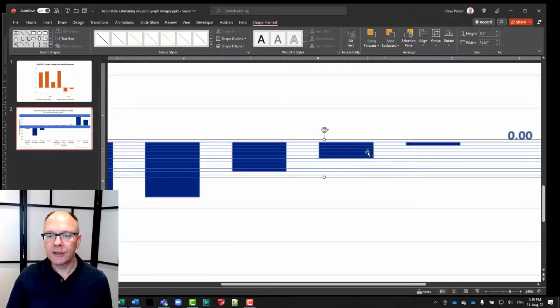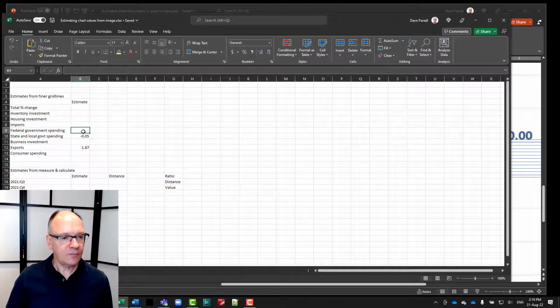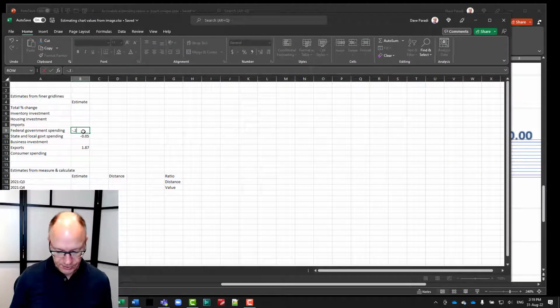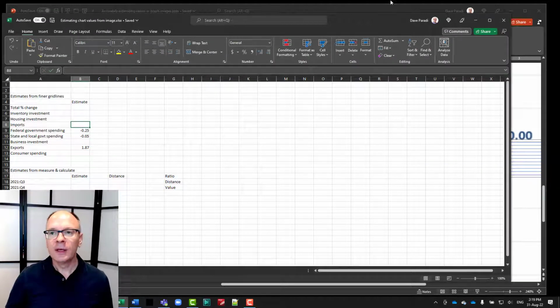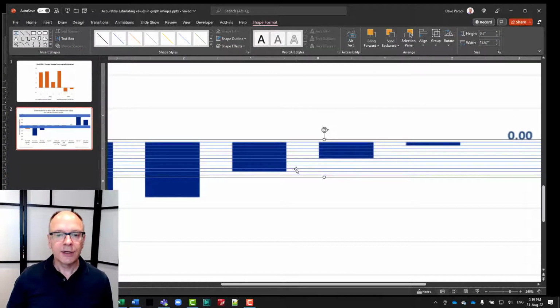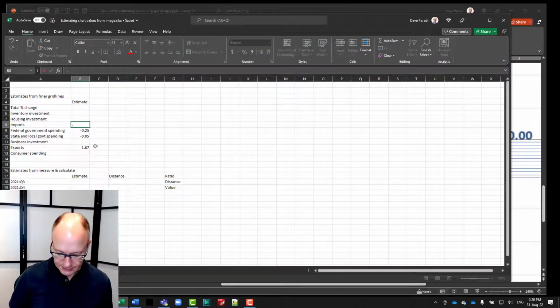And our next estimate, the previous one, so 0.5, 0.05, 0.1, 0.2, so minus 0.25, that's what that looks like. Here, minus 0.25. And our next one here looks like it's about minus 0.45, lines up fairly well with that there. So minus